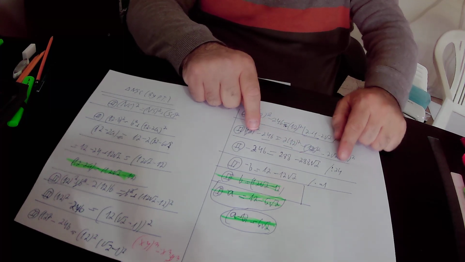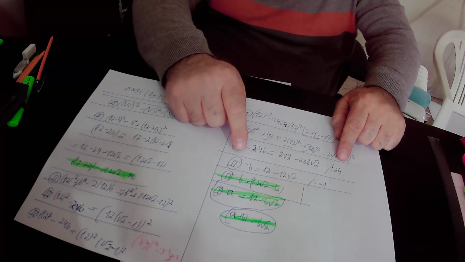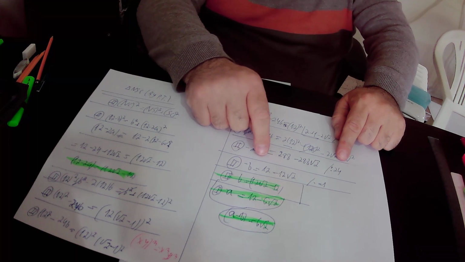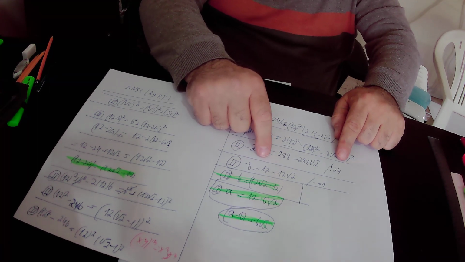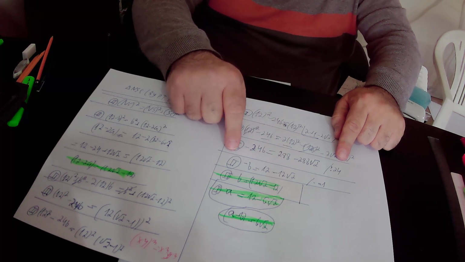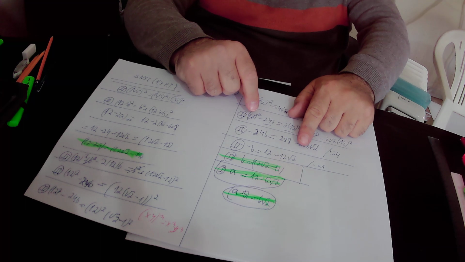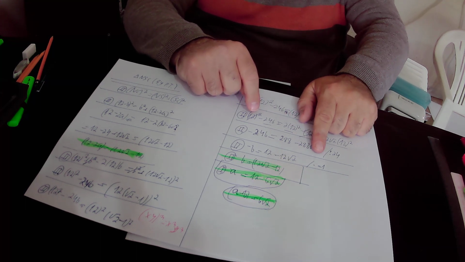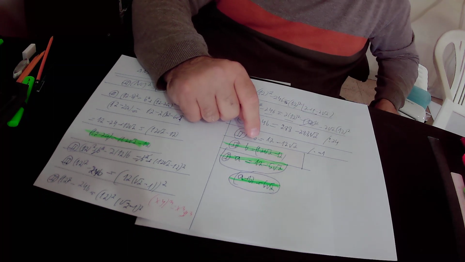Here we divided equation number 2 by 24 and we got that minus 24b over 24 is minus b. 288 over 24 is 12, and minus 288 over 24 is minus 12, so in conclusion we got that according to equation number 2, minus b equals to 12 minus 12 times square root of 2. We multiplied the equation number 2 by minus 1, and we got that b equals to 12 times square root of 2